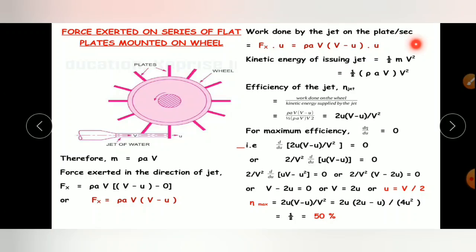Work done per second means that is the power, and kinetic energy per second is the input power. Therefore, efficiency of the jet equals work done on the wheel upon kinetic energy supplied by the jet per second. Therefore, efficiency equals rho A V into V minus U divided by half rho A V cube. By simplifying, by cancelling rho A V, finally we get